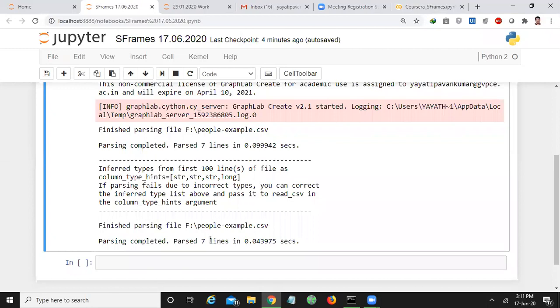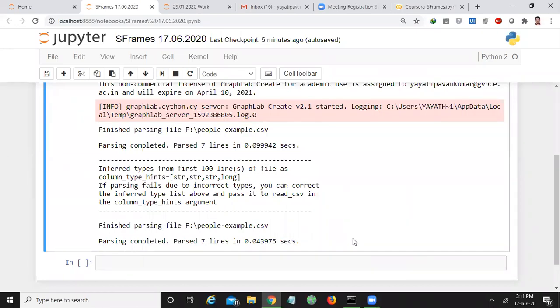But the advantage with S frame is, even if it is beyond your RAM, it will create some virtual memory and it will load the entire data. Even if it is 60,000 or 70,000, that doesn't matter. It will create a virtual memory and load all the examples in that memory.